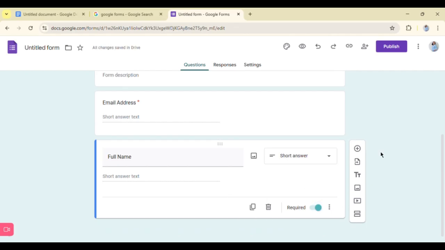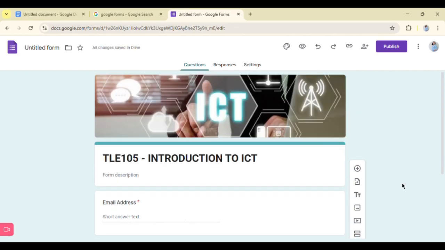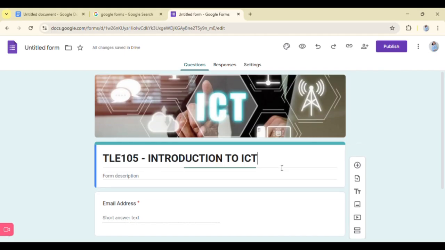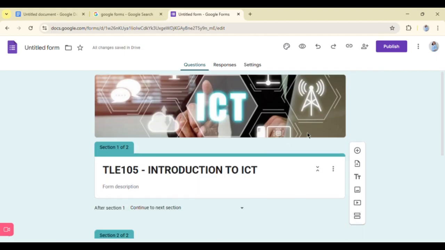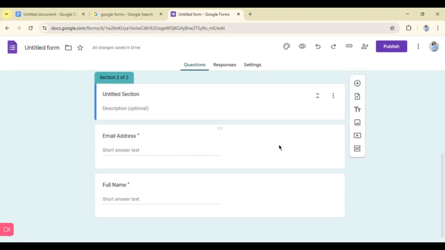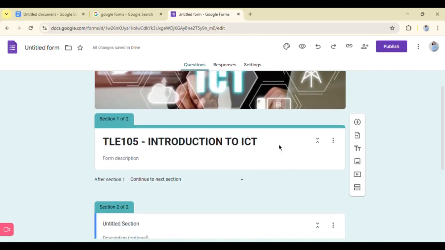So that's it. If you want naman to have sections, you can just click, like for instance, here and add sections. In that way, it looks neat. Our section 1 is the title.